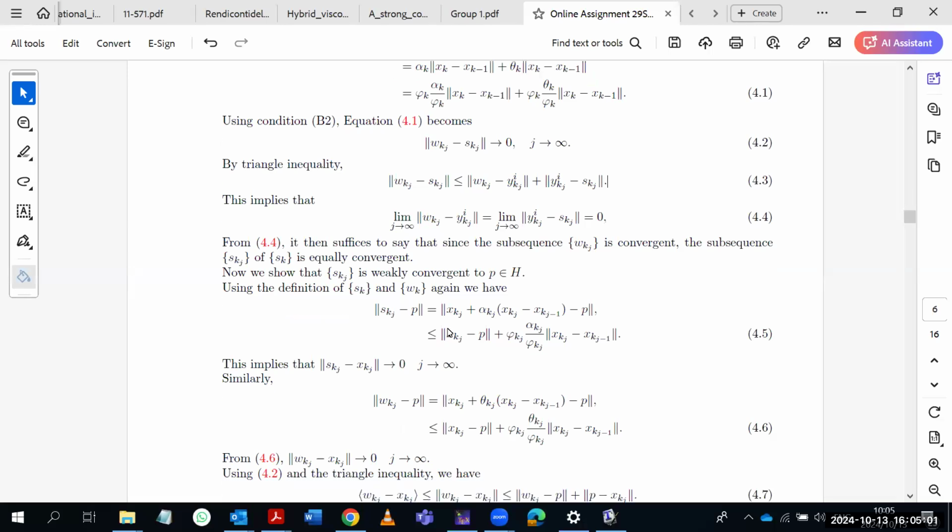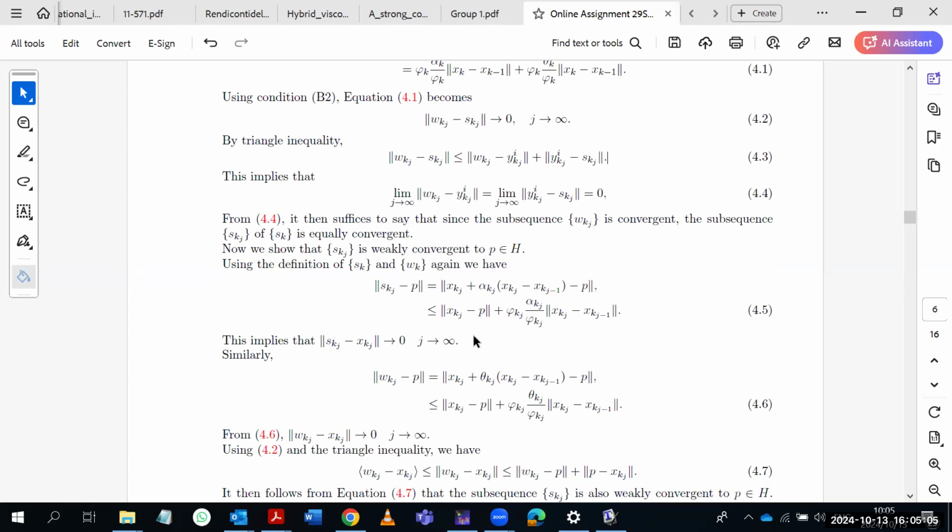Very clear. You mistake carry through, so don't you carry through. So 4.4, yeah. The only thing they need in 4.4 is just the right part, the second inequality. 4.4, I'm talking about 4.4, not 4.3. The only thing they need is just the limit of ykj minus skj plus 0. And now from 4.4, it then suffices to say that since the subsequence wkj is convergent, the subsequence skj is